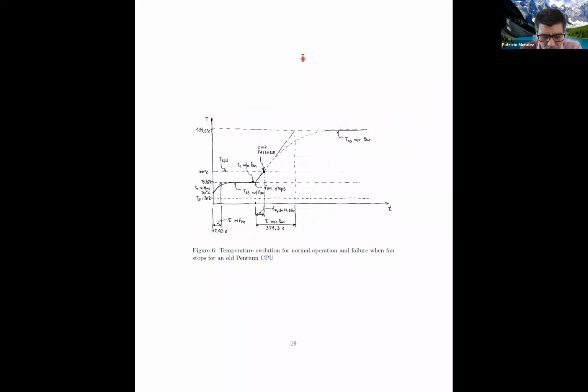So now we know how to calculate this slope. We know where we start, we know where we finish. So we know pretty much everything about this part of the curve. We understand it. Now the computer is running for a time, whatever time it is, and we said the fan